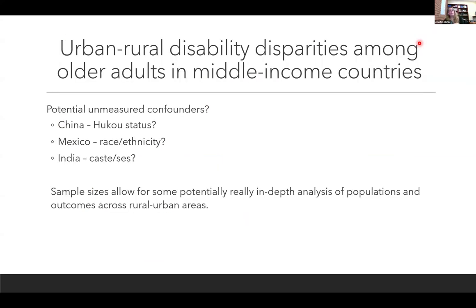And then I think, going forward, you should think about some potentially unmeasured confounders. Shane did mention the hukou status. I think that's super important if you're going to use the CHARLS data. My understanding is that depending on your hukou status, even if you're an urban-residing older adult, you really have very different access to government, like public institutional supports. And that has to do with this urban-rural residence of origin. So I think that's something you're going to want to incorporate into the model.